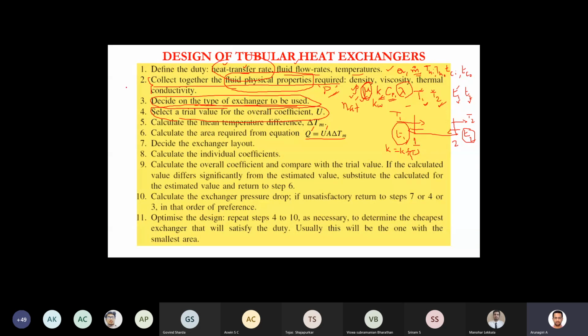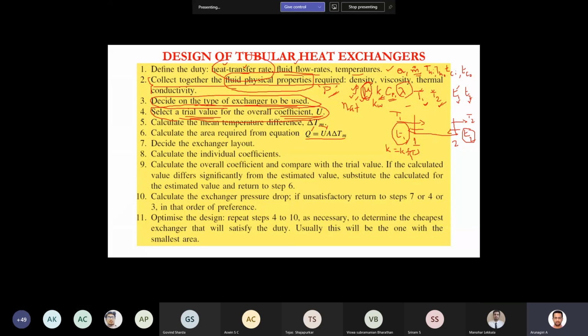Then we will see this based on the amount of heat transfer rate or volumetric flow rate, or you can say fouling nature, corrosive nature, and different properties, okay. Fouling nature, pressure, temperature, so many factors have to be considered to allocate the fluids, okay. So anyway, we know the shell fluid, hot fluid and cold fluid. For these combinations, you have to select the trial value of the overall heat transfer coefficient.